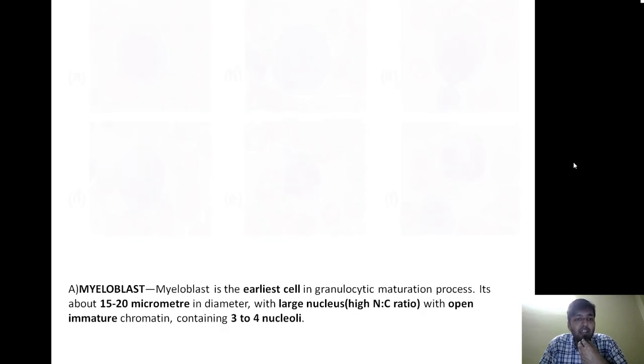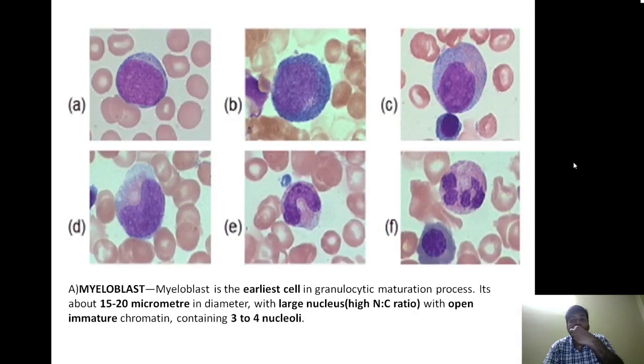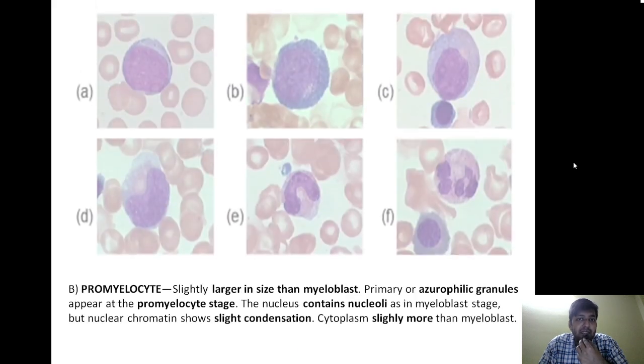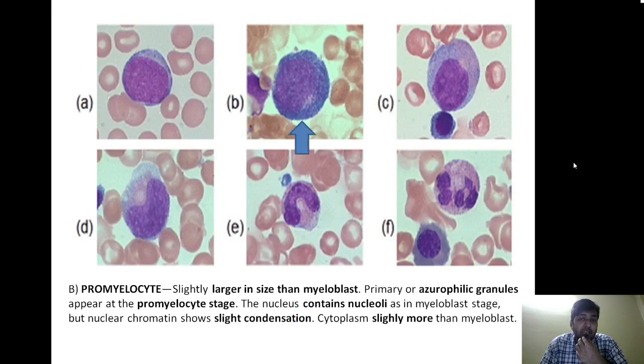Now the same thing we are going to see in the peripheral blood, in the bone marrow aspirate. Over here, the first cell that we are going to see is a myeloblast, which is the earliest cell, and it is largest, 15 to 20 micrometer in diameter, with a very high N:C ratio, open chromatin, and containing 3 to 4 nucleoli. After this, we are having a cell which is larger than the myeloblast, called the promyelocyte,